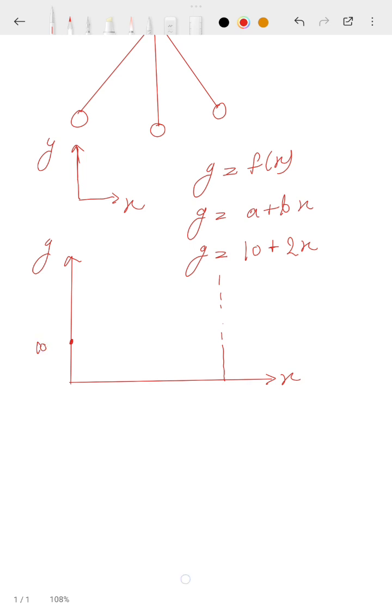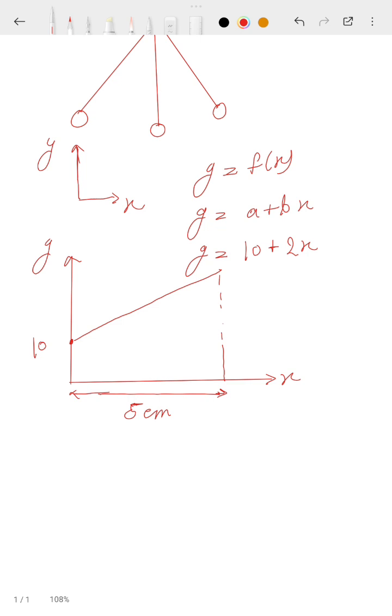Gravity will start from this 10 meter per second square, and it will vary linearly from left to right. Okay, so let's say this length is about 5 centimeter. Okay,